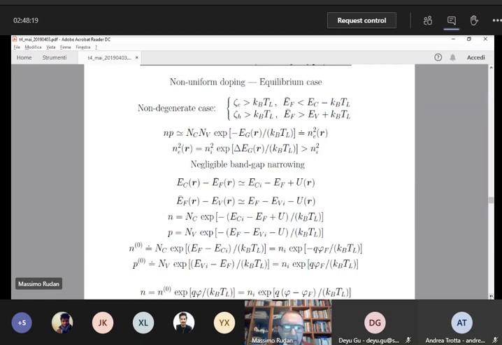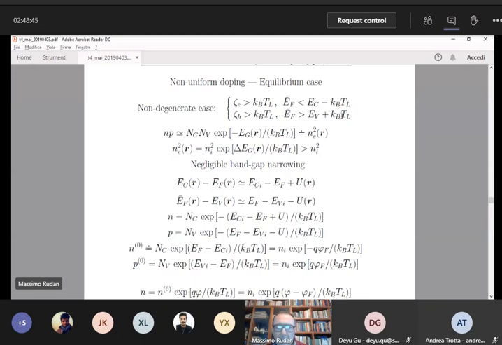If the check of non-degeneracy is fulfilled at each position in the semiconductor, then it means that at each position in the semiconductor, EF bar is below EC by at least 1 kT, it is above EV